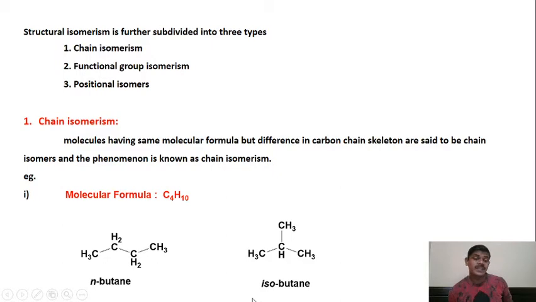So this is how chain isomerism occurs in n-butane and isobutane, and these two are isomers. Which isomers? Chain isomers of one another, because there is a difference in the chain, the carbon chain skeleton, right? So another example of this type is